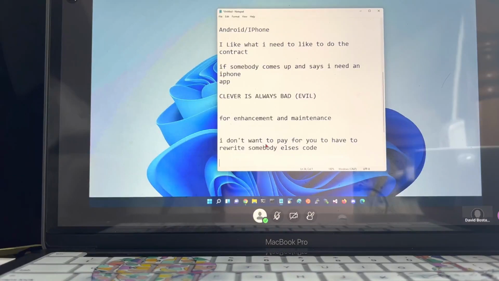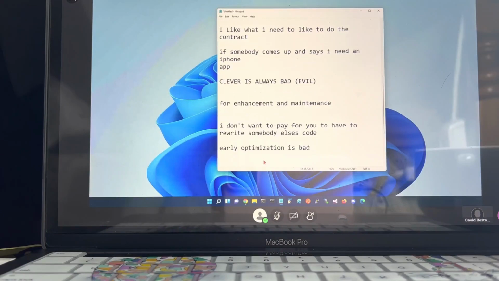Now, that doesn't mean I shouldn't write something that's well written and well thought through. I should. It also doesn't mean that I shouldn't pick the right data structure. I should. But a known thing among really good computer scientists is optimization tends to make things look worse than they are. I don't need to lapse into assembly language to fix this thing when I'm only executing that line of code one time. If I'm doing something millions of times and it's performing badly, I might consider thinking about optimizing it.